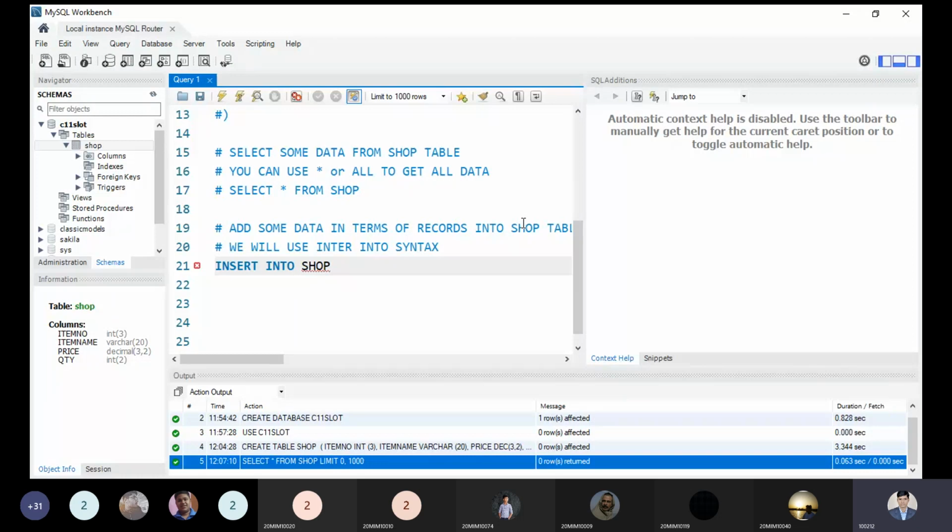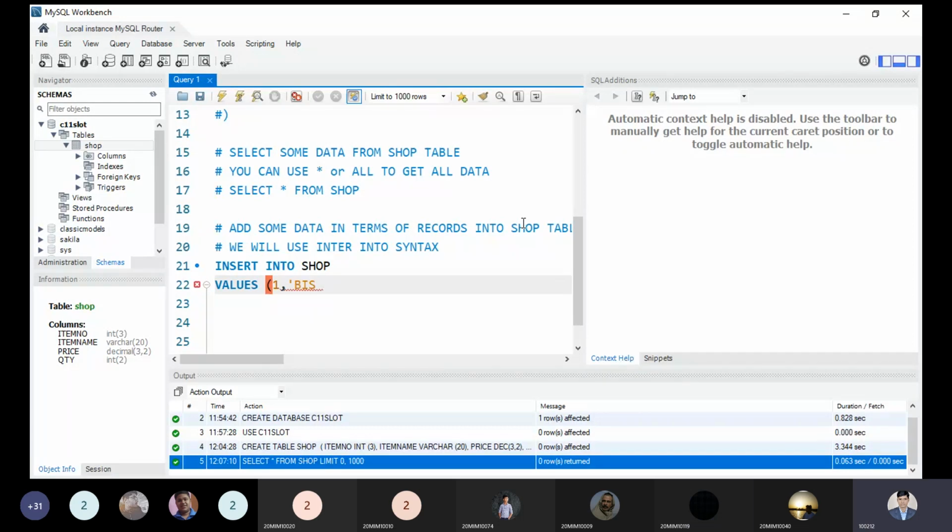Okay, so we can use the values, and here I need to insert some data. So what is the order? The order is item number. So what is the item number? Can you tell me the data? Just tell me, any value you can speak of. Item number. Sir, 1. 1, okay. And we can say the item name. Can you tell me the item name? Sir, biscuits. Okay, in short way I'm writing biscuit.